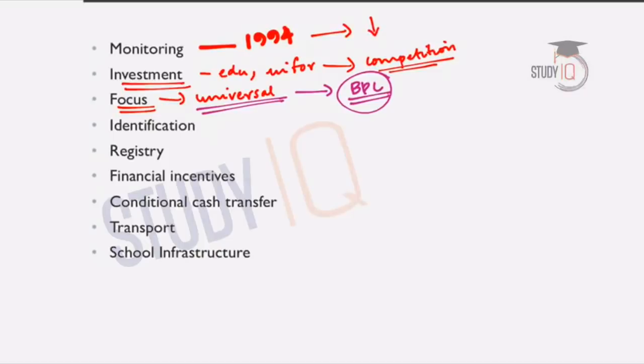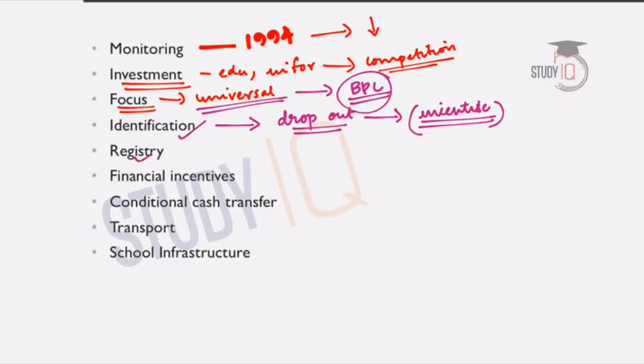And identification of girls who are at risk of dropping out of school and who have already dropped out of school is very important. So this will bring down the dropout rates in the schools. And by identifying, the government should also incentivize those girl children to participate in the education process. And there should also be an electronic national educational registry, and this registry should be able to track every child who is undertaking schooling in the country.